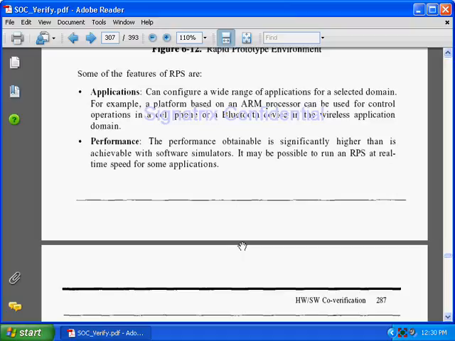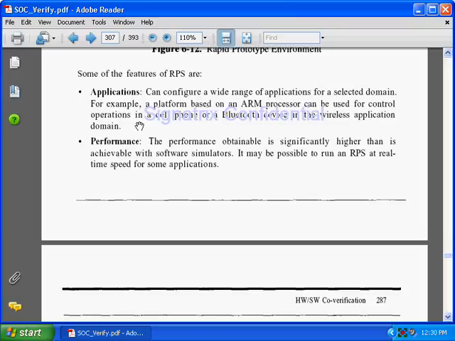So some of the features of real rapid prototype environments are: first is application. You can configure a wide variety of applications for a selected domain. Okay, so you can configure, meaning liberty in configuring the range of applications. For example, a platform based on an ARM processor can be used for control operation in cell phones or Bluetooth devices in the wireless application domain.